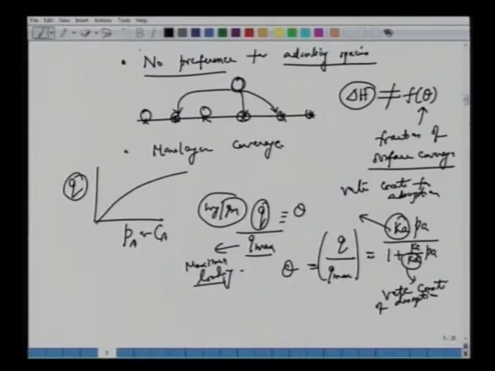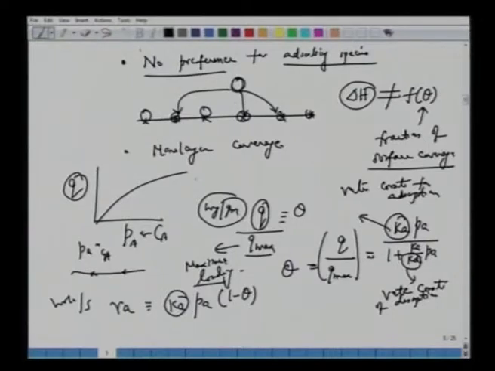So one can make out that this relation has been obtained, assuming that if Ra is the rate of adsorption, in 1 second how many moles get adsorbed depends upon first order kinetics like Ka, how much is the partial pressure in the gas phase or concentration in the liquid phase, and what are the sites which are vacant. So 1 minus theta. We said that that's a monolayer coverage. So if no sites are vacant, theta equals 1, there is no rate of adsorption.